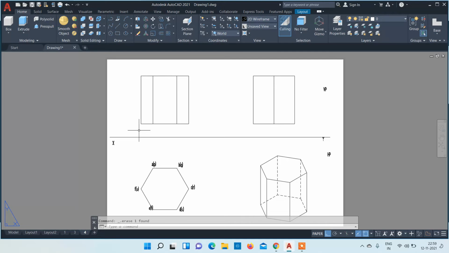The bottom portion corresponds to PQRS, so that will be U dash. I made a mistake there, so I erased it and am typing it again.